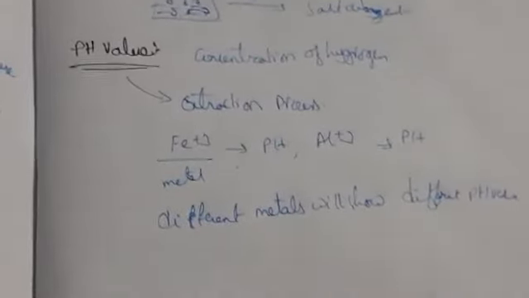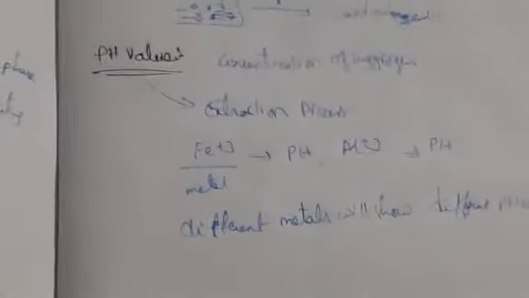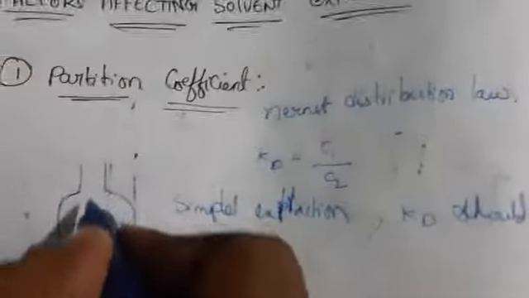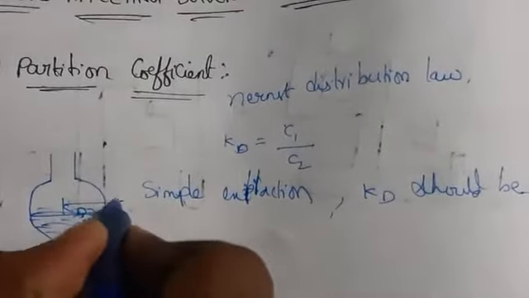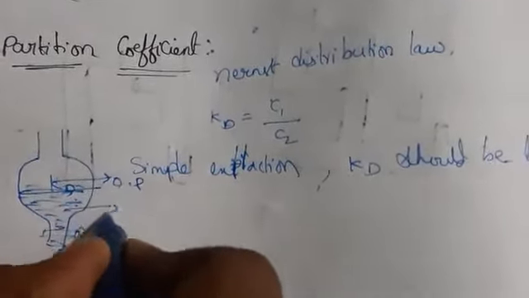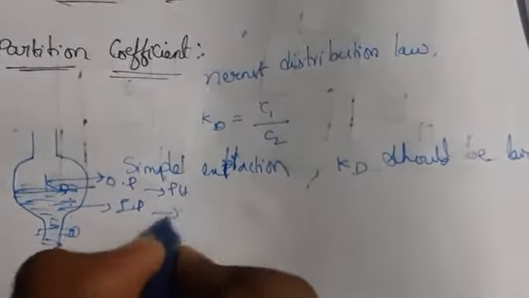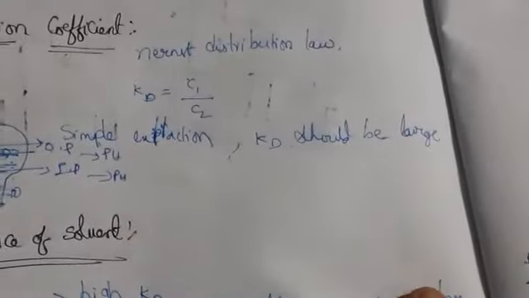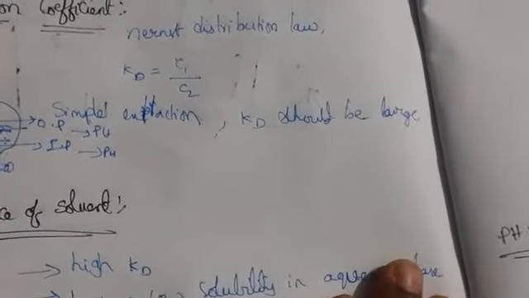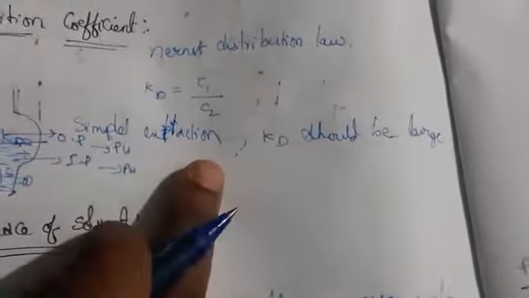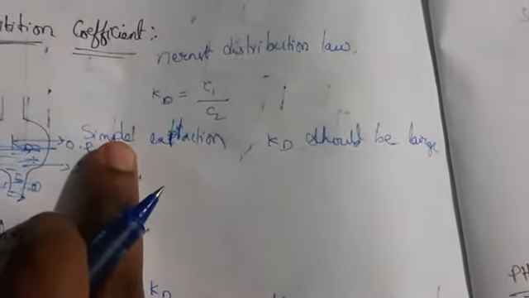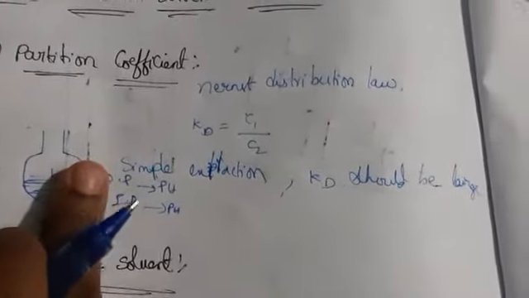Okay, so if you take the organic phase, let us see here, these are the two layers. This is an organic phase, this is an inorganic phase. So this is having one pH value, this is having another pH value, we can say. Okay, so the pH value. Let us consider extraction of amine. So these are the two layers we have formed.